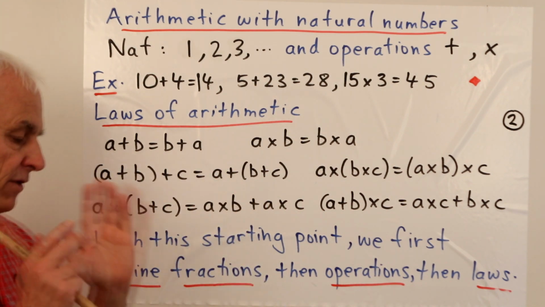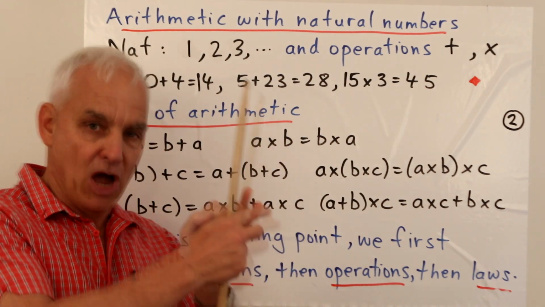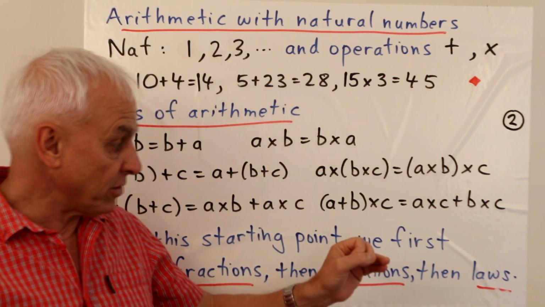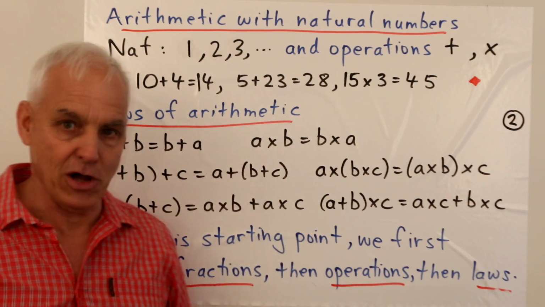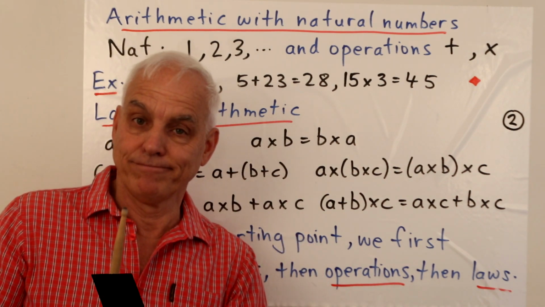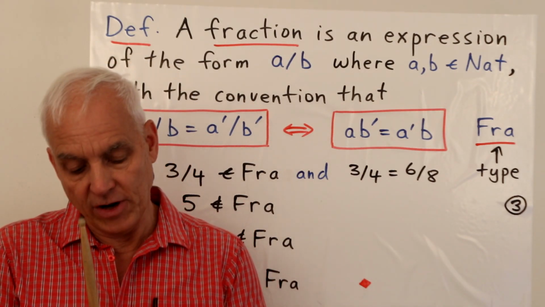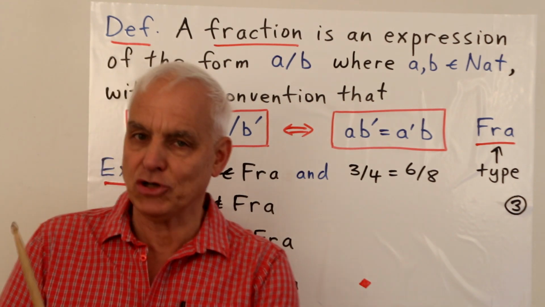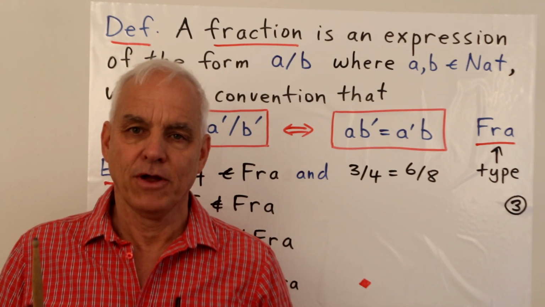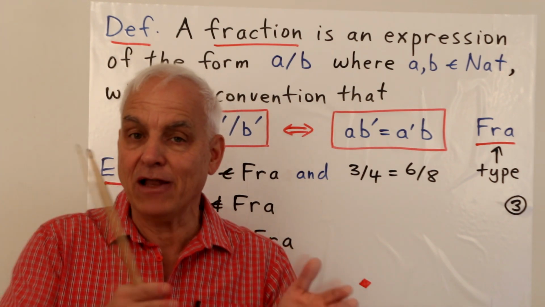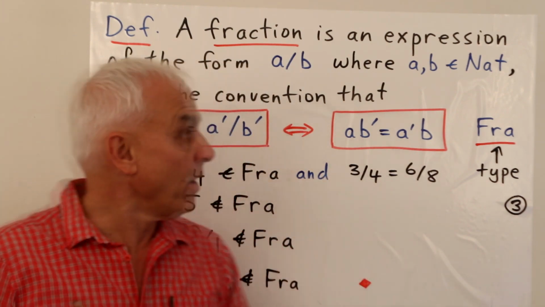So now what we want to do is first define exactly what a fraction is. We want to define the operations on fractions. And then we want to prove the laws of arithmetic for them, which are more or less just these laws, but extended to fractions. Okay, so the main definition of what is a fraction. And I want to emphasize that we're talking about fractions here and not rational numbers. Rational numbers are close to fractions, but a little bit more general. From our point of view, rational numbers are analogous to fractions, but built up from integers rather than from natural numbers.